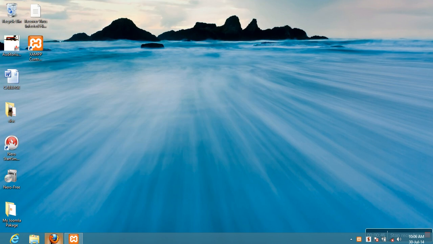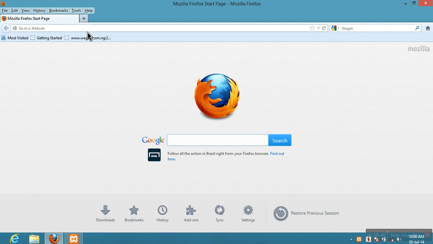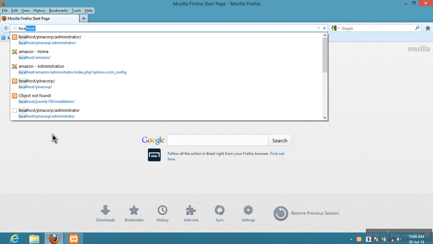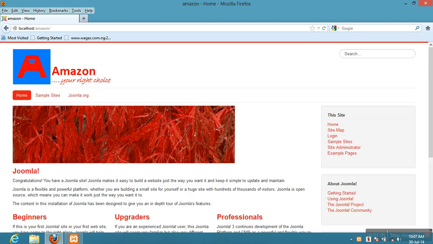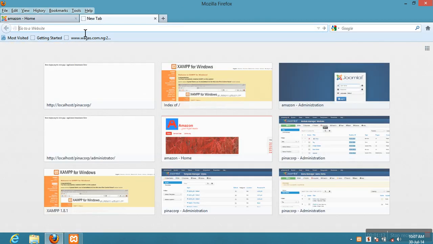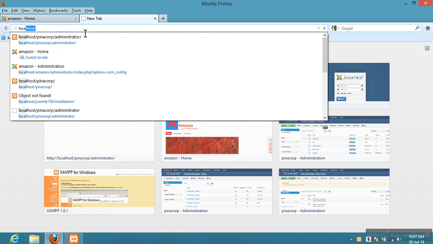Then I'll go to my browser. Once I open my browser, I need to go to my website by typing the usual localhost/my website. I press enter on my keyboard. Once my website opens, I'll go to another tab and go to my backend by typing, as usual, localhost/my website